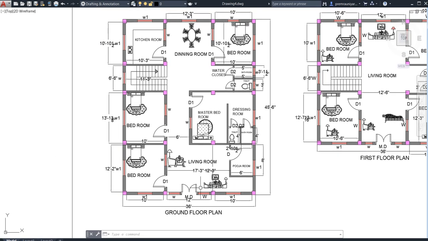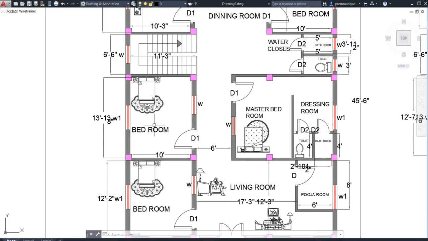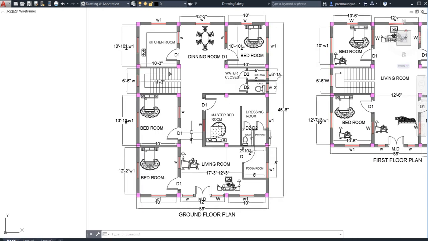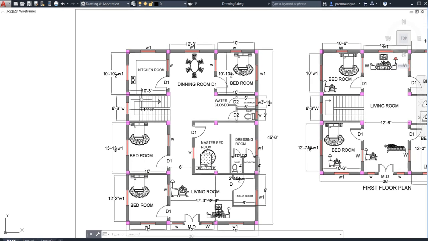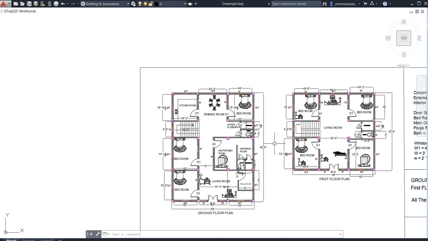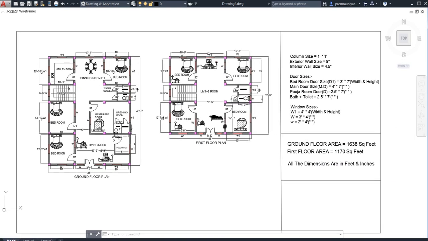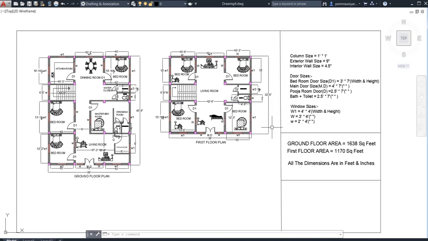Now generally in bedrooms we keep smaller windows, because we need some privacy also in our bedroom or master bedroom. Now come to the stairs. I need to tell you the stair specification.